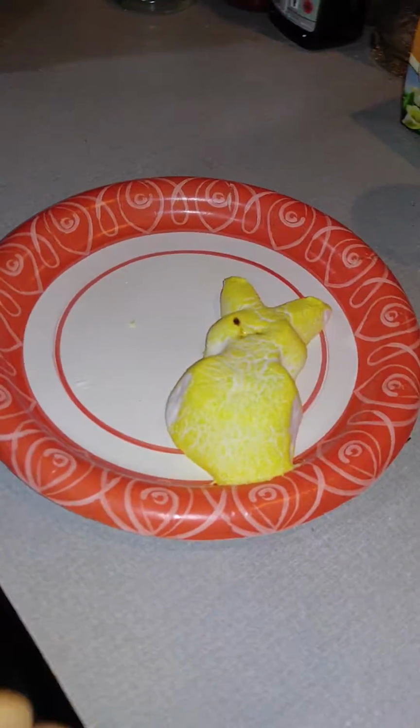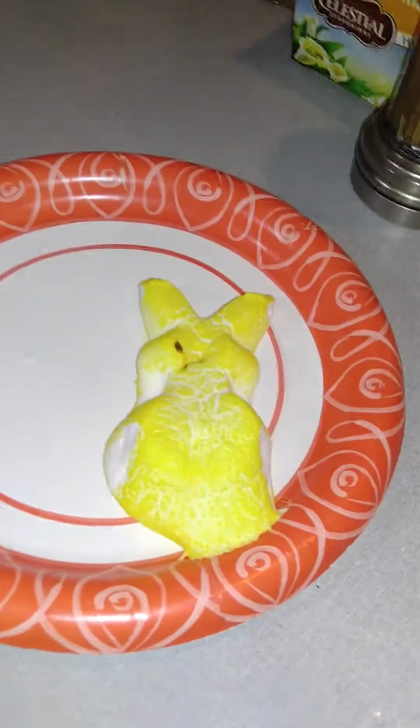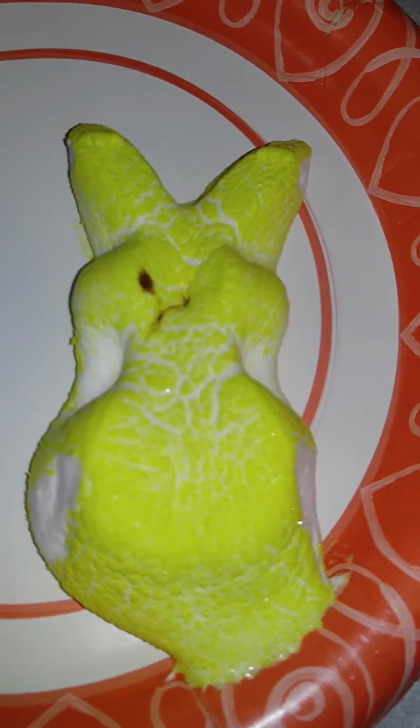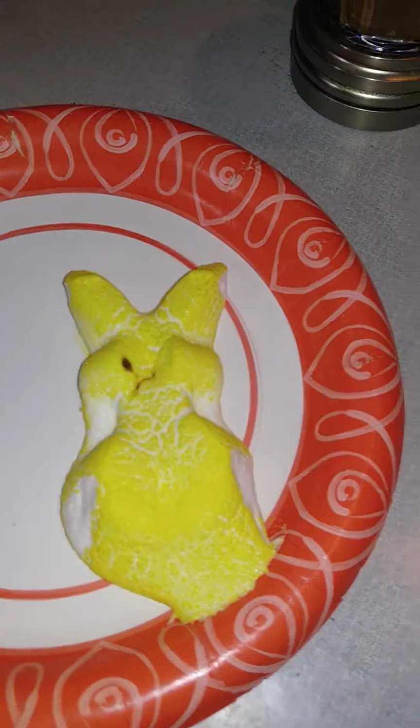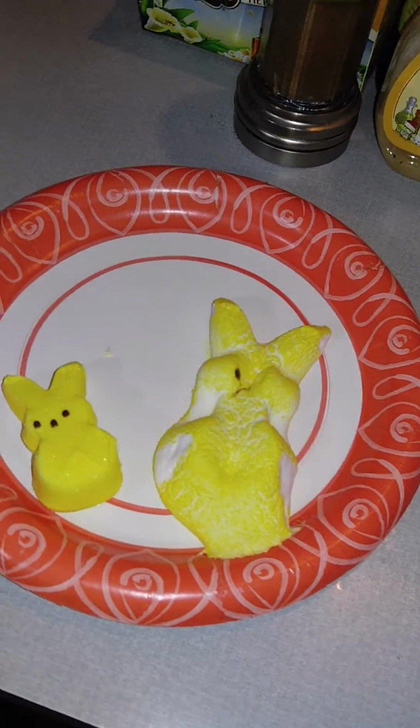Look at that. Go get a regular one, put it next to it. Okay. Kind of messed up his face a little bit. Oh, he's deflating. Oh, see, look. This was before, this was after. A deflating, overweight peep